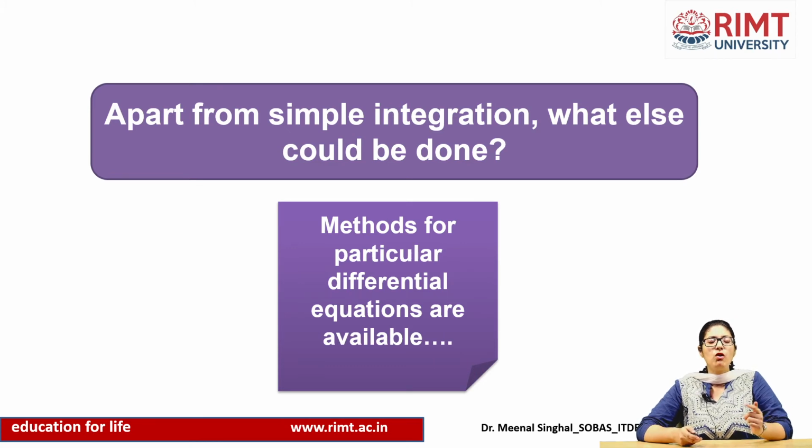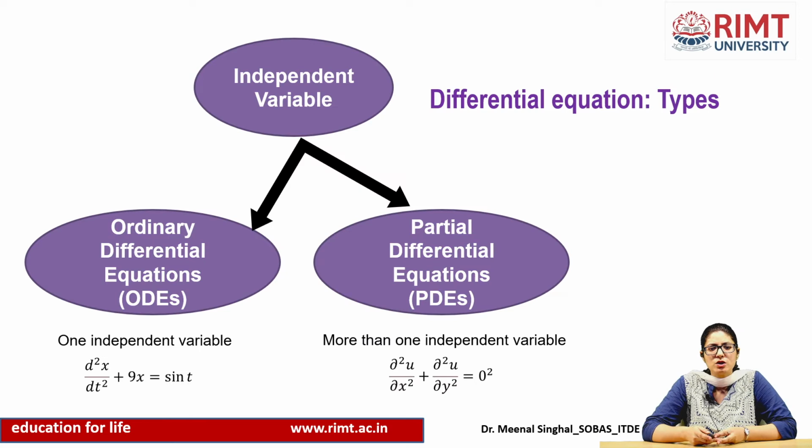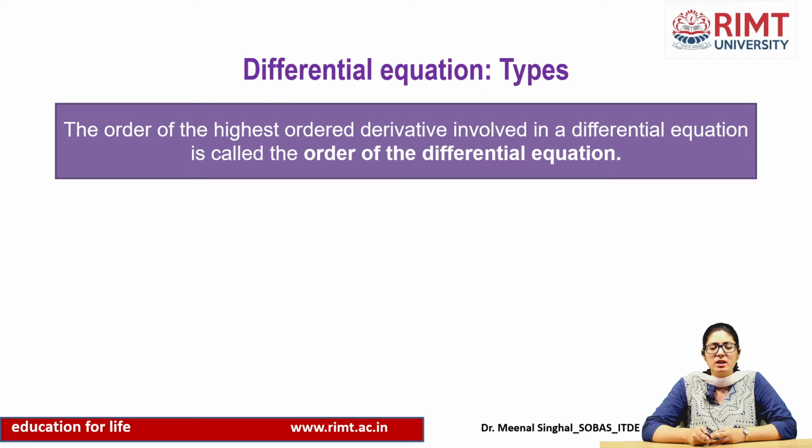So, before moving on to seeing various methods to solve the equations, one should be clear about the different classes of differential equations that we have, so that once you are given a differential equation at random, first of all you see the components and then you classify that differential equation into a particular class, and then based on that class you select the method which should be applicable to that particular kind of differential equation. So, the first classification we have already seen: it is ODEs or PDEs, depending upon the number of independent variables. Now, depending upon the order.